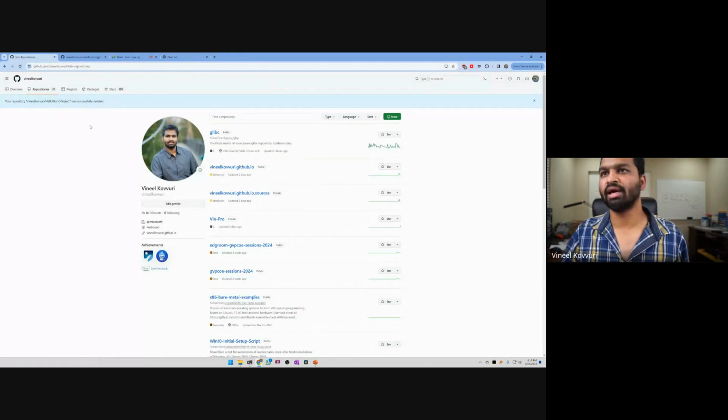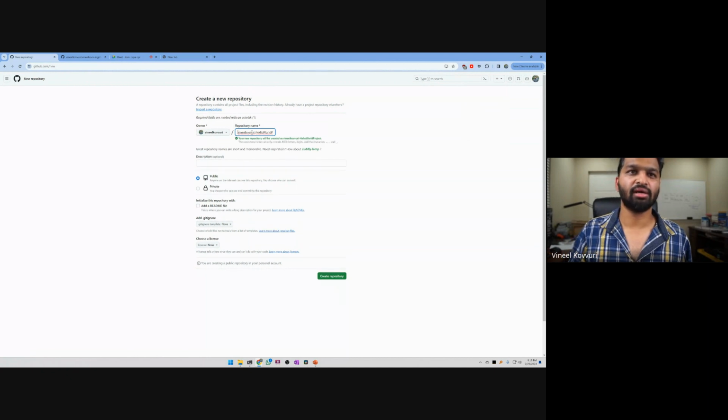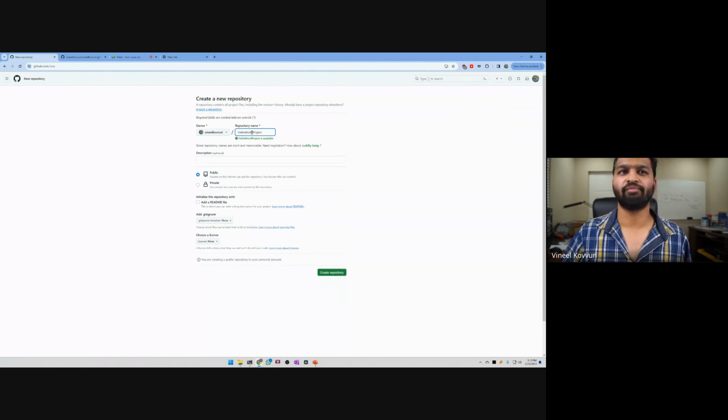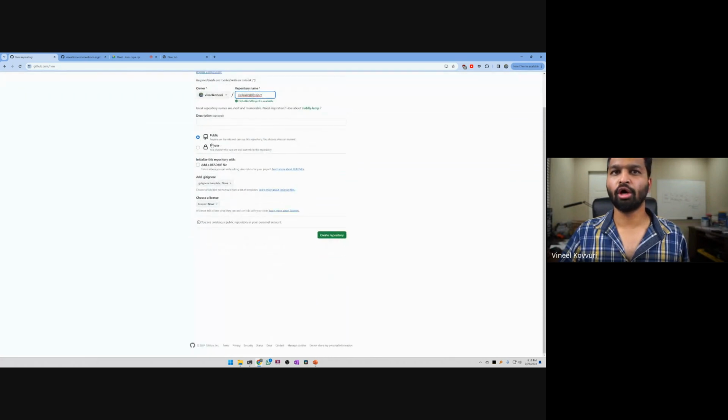Okay. Now let's come back. We want to create a dummy blank project. So that's what I'm trying to do. I click this plus new repository, and then I'm pasting my project name. Okay. Now it is available, and usually we have two options: to either make this project public, which means you